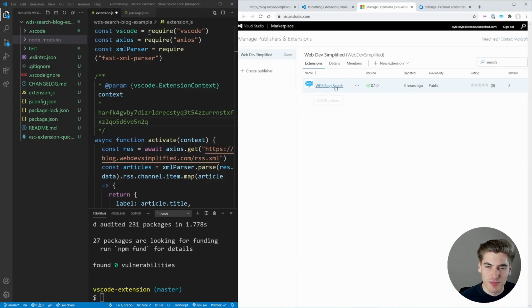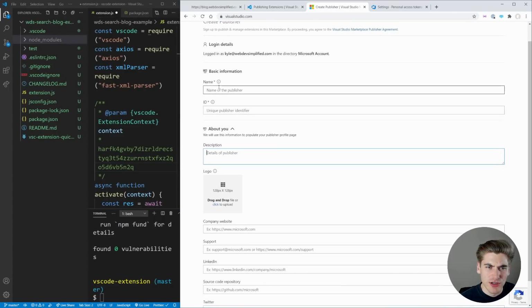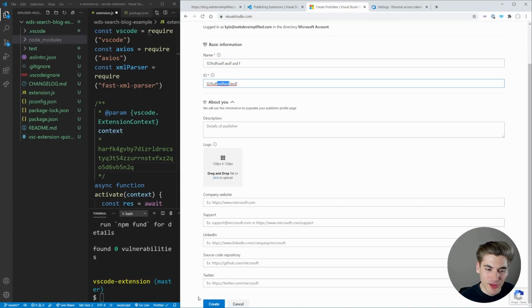And here what we can see is my extension that I already have published. What you want to do here is just click this create publisher button, and this allows you to create a publisher. Let me just expand this a little ways because there's really no padding on this page. And all you need to do here is type in your name. So we can just type in whatever we want. We have an ID down here. So if we have a space in our name, it's just going to remove it. So just type in a name, type in an ID, and then you can click create down here at the bottom. I'm not going to do that because I already have an organization, but that's how you'll do it.